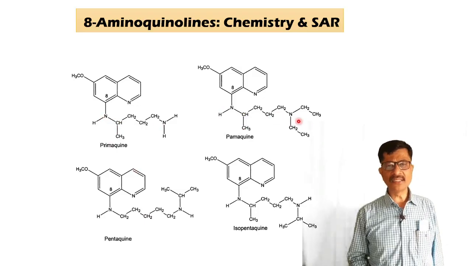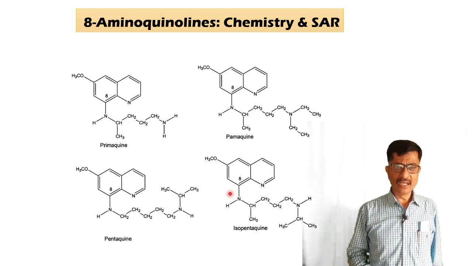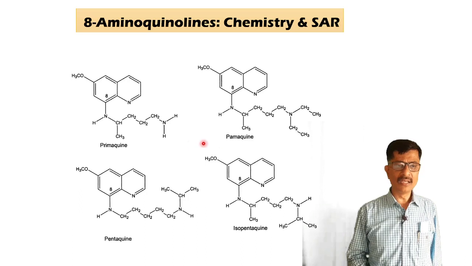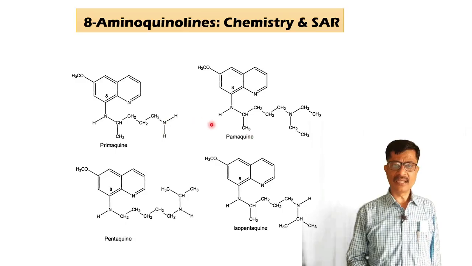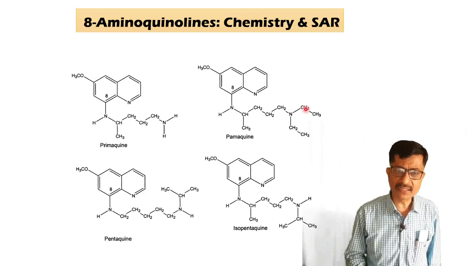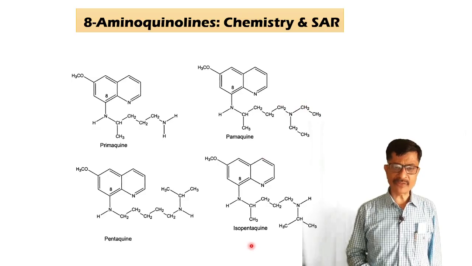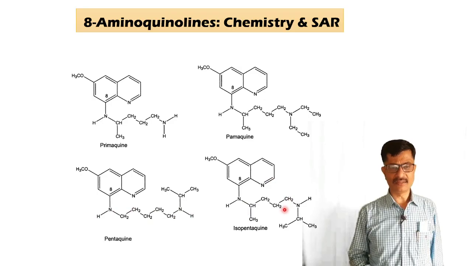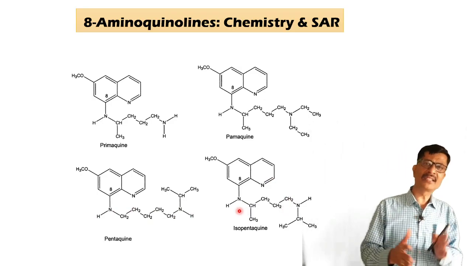The length of this side chain can be varied with variation in activity. If you look at the structural differences in primaquine and pamaquine, here it's a primary amine in the side chain, and this is a tertiary amine. This amine is substituted with 2 ethyl groups. In pentaquine this is a pentane chain, whereas in isopentaquine it is isopentane. Likewise, there is a structural difference between these various analogues of